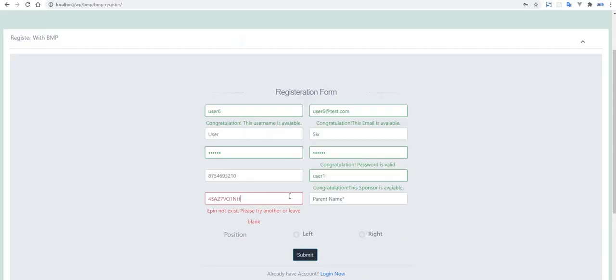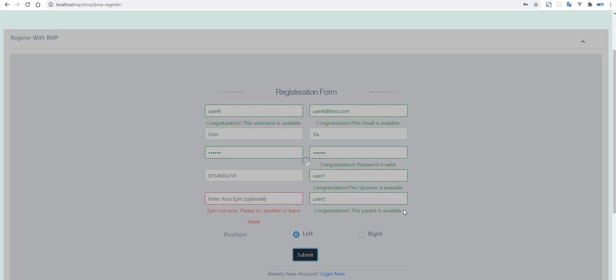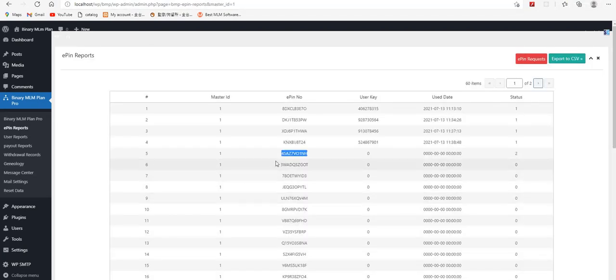And user 2 is the parent name. From here I am selecting this one as the left side. Wait a moment.